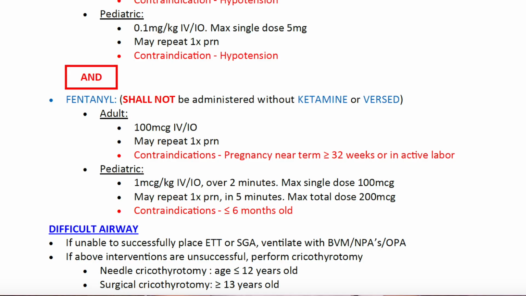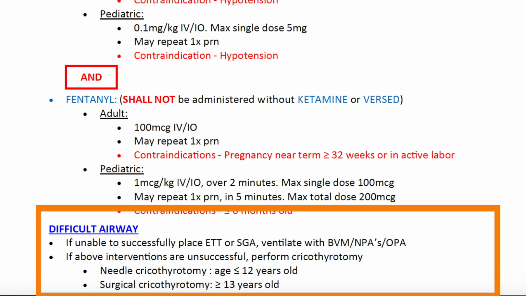Now to speak about the difficult airway. Nothing much has changed in the protocol since the previous draft. If you're unable to intubate the patient and unable to augment their ventilation and oxygenation with an NPA, an OPA, or supraglottic airway, then know that there are certain interventions available. In particular, needle crike can be given to pediatric patients less than 12 years of age, and a surgical crike for greater than